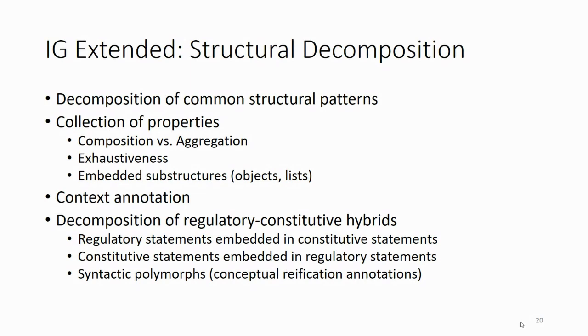In addition to this, we'll find, of course, substructures. So in institutional statements themselves, those decompositions of properties can in themselves, for example, contain yet another set of lists or properties that are constructed therein. This is simply based on empirical observation that we'll find and motivate in a bit. So I will not go deeper into the context annotation, which is another aspect, of course, relevant to the institutional statements on the IG Extended level, since it has been covered elsewhere.